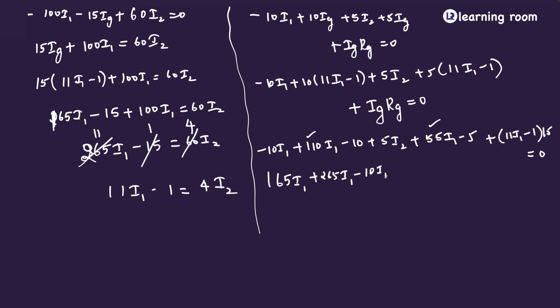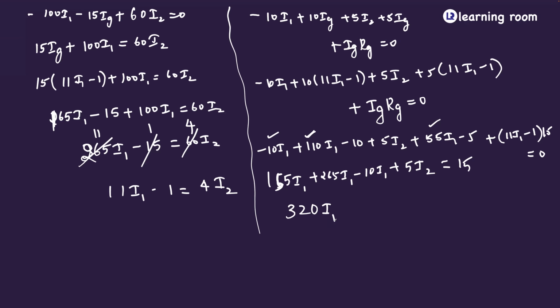Minus 10 I1. There is no I2. Plus 5 I2 will be equal to 15. So it's basically not 165, it is 155, because 110 minus 10 is going to be 100, 100 plus 55 is 155. 155 plus 15 into 11 is 265. So this will be